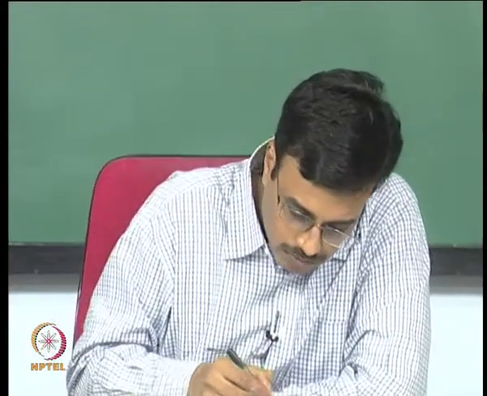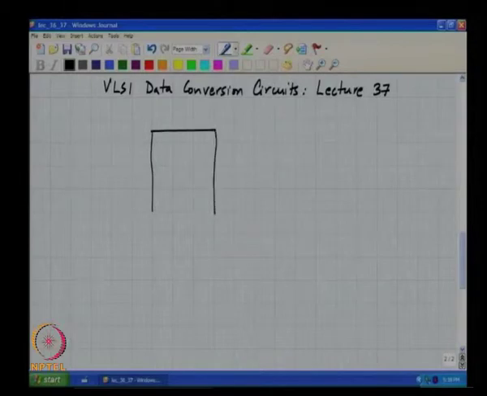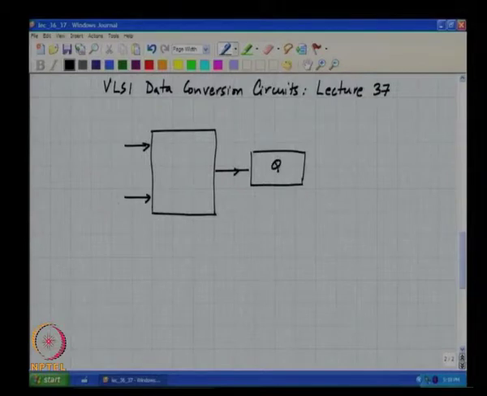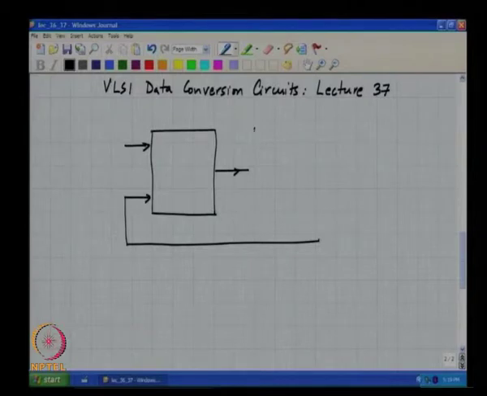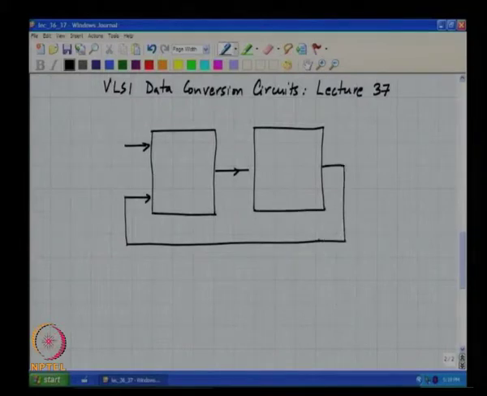So, with the discrete time modulator, one can think of the loop filter as being a discrete time system with two inputs and one output, and the output is quantized and fed back. Alright. So, this is a linear filter